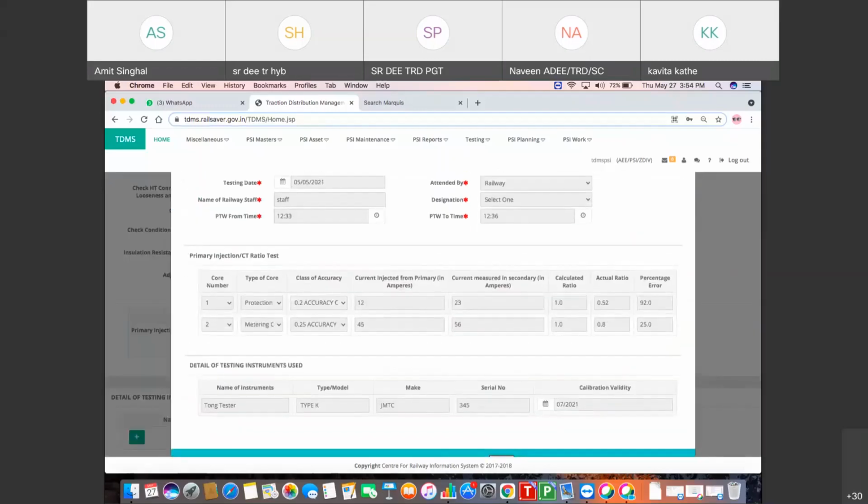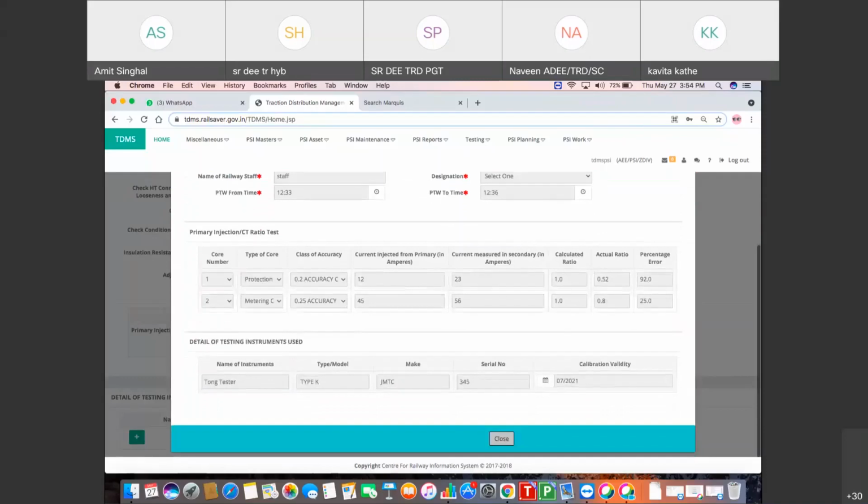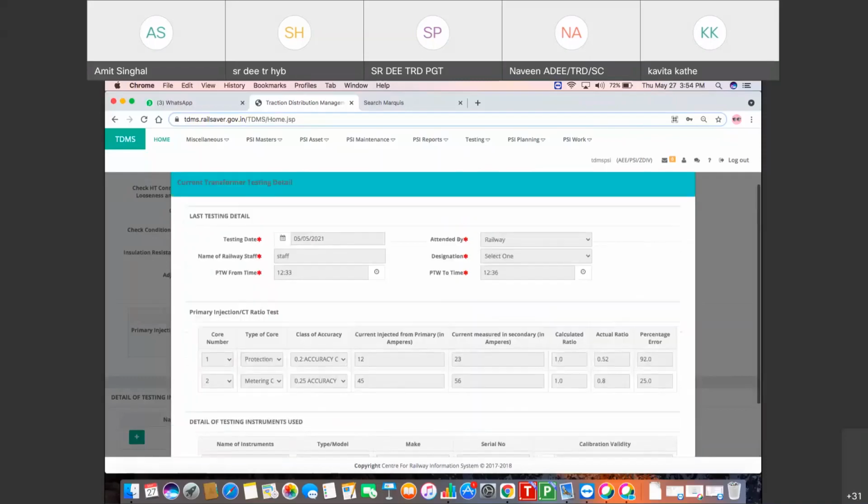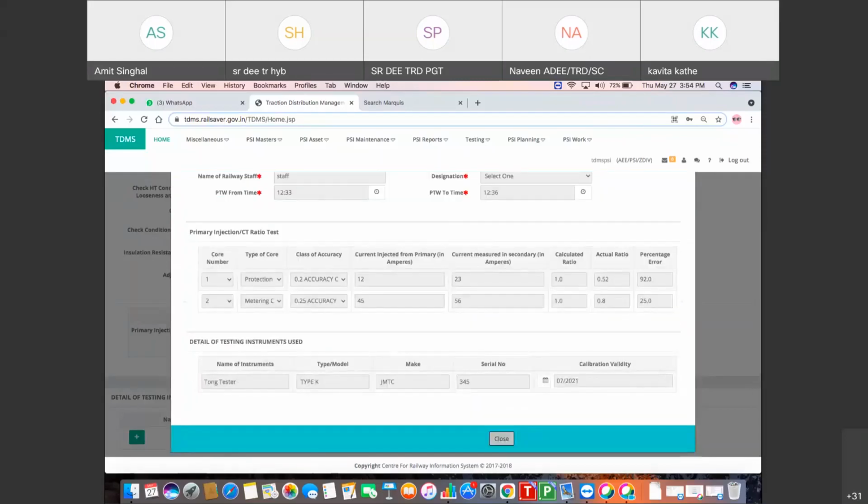This pop-up is showing the last testing details, the primary injection CT ratio test for this asset, this current transformer, and also showing the testing instrument details used.